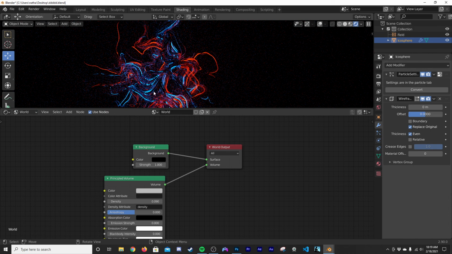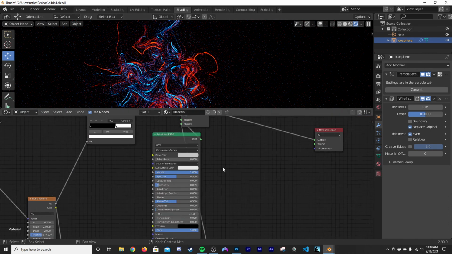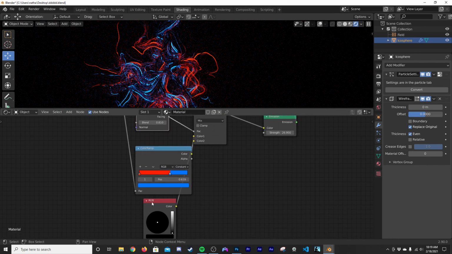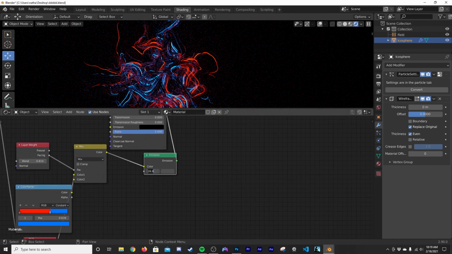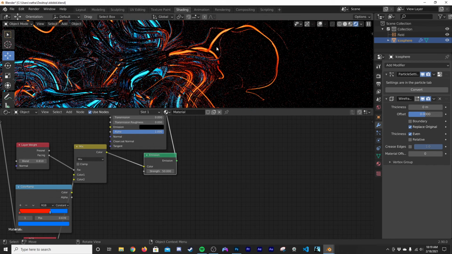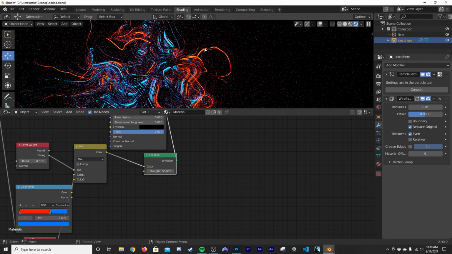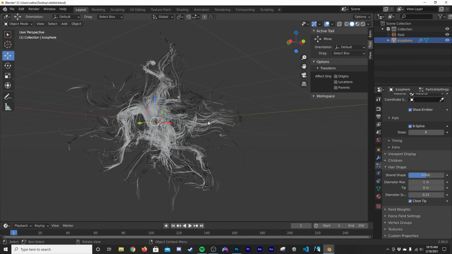And now we have that going on. That's all we're going to need to touch in terms of the world. We'll go back to object. I do want to bring the brightness of these tubes up to say like 50. So now they're really bright and they'll be able to glow in the compositing if you do want to composite it with some glowing. Now, one last thing is we're going to add a light, but first I do want